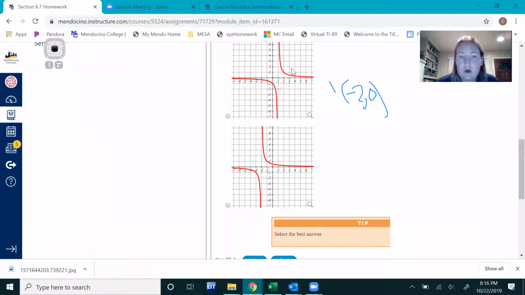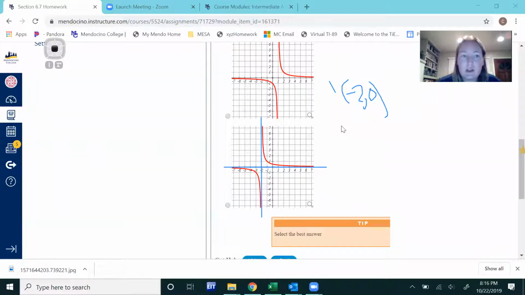-2, 0. So the only one that works is this one, because it's going here and here as the asymptotes. At -2, 0 is the center, and there's that lovely curve we've just been talking about. Alternatively, pick some points and see if they work. So for example, if you plug in,